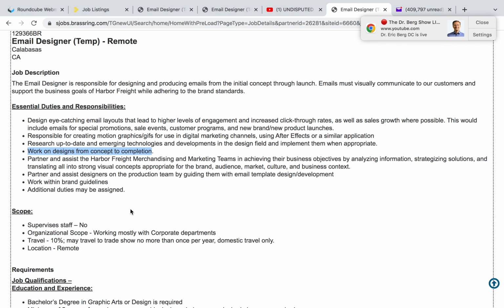You do some self-proofing, triggering an email to yourself, making sure everything looks good on all email clients, and also making sure everything's good to go. And then you have to send it off to the QC team, where they will take over and QC it and see if you made any mistakes in your email template. And also, they say partner and assist the Harbor Freight's merchandising and marketing teams in achieving their business objectives by analyzing information, strategizing solutions, and translating all into strong visual concepts appropriate for the brand, audience, market, culture, and business